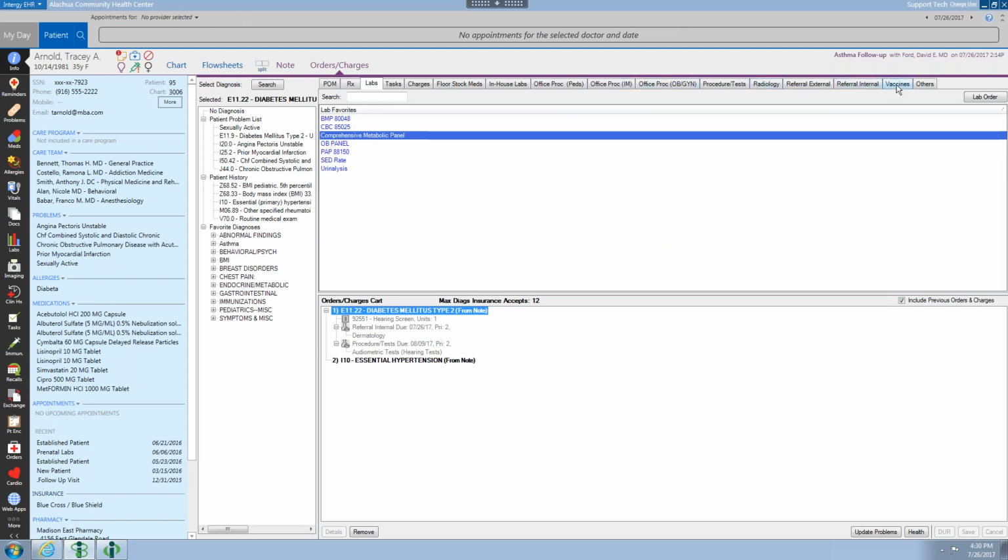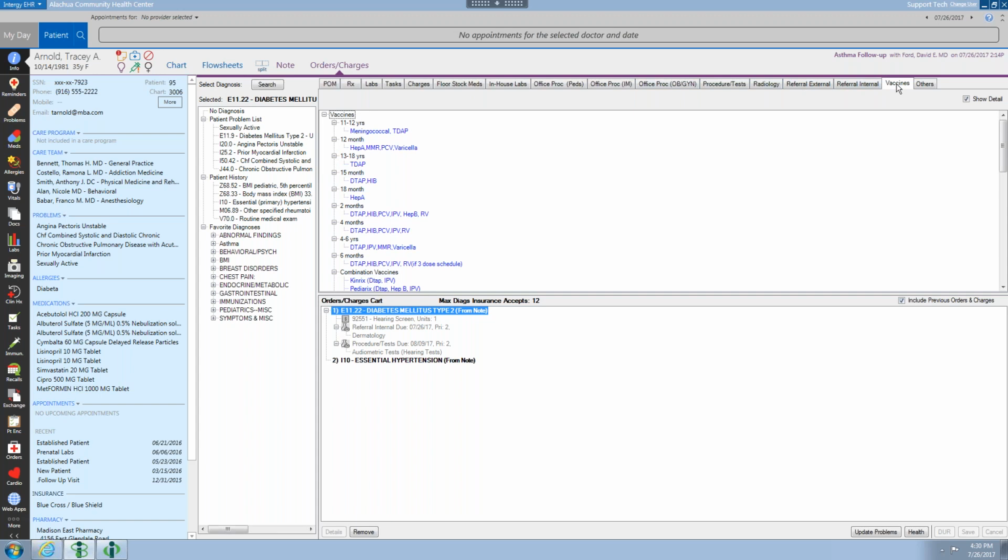Now notice there is a vaccines tab here. This is simply an option, and the recommendation here is that if your practice orders vaccines from orders and charges in an effort to send the task as a reminder to the nurse, make sure that the description matches what's set up on the immunization schedule,